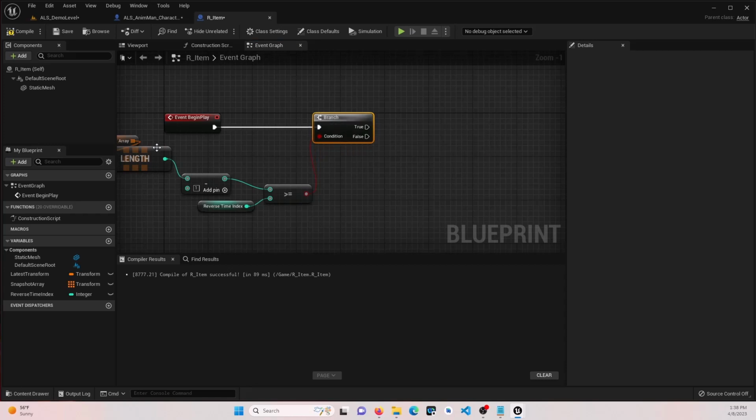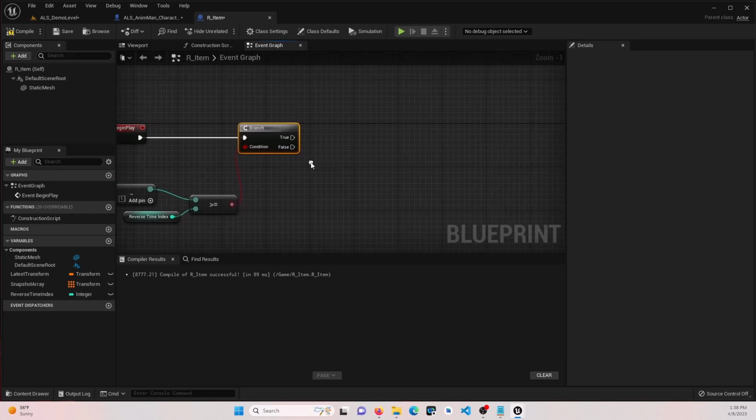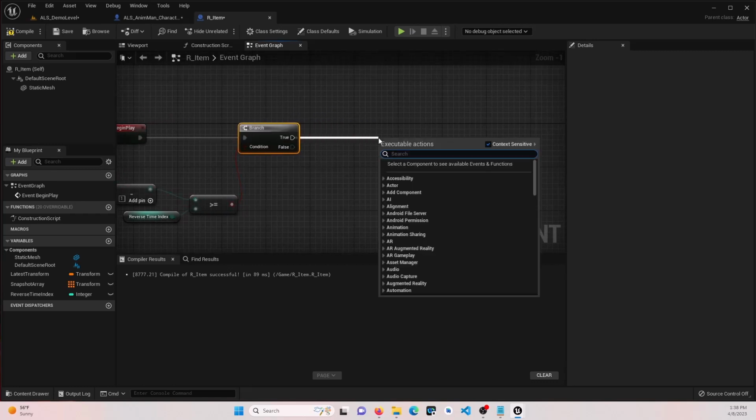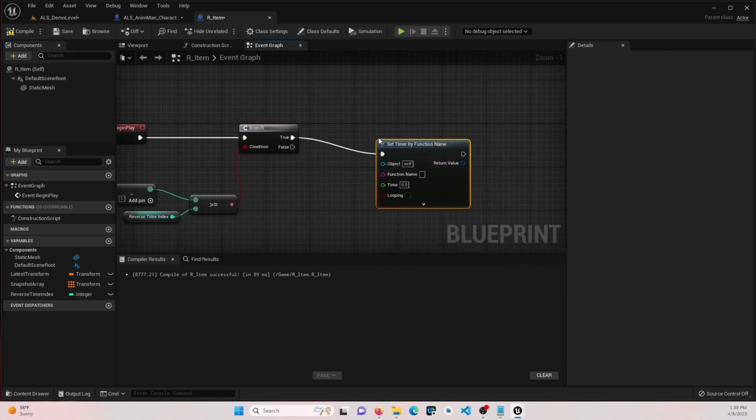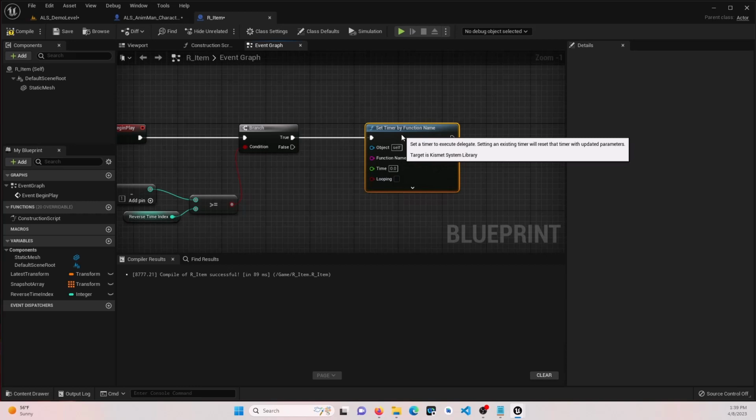Now, if this is true, if we have more transforms in our array that's going to cover the amount of time that we want to travel back to, we're going to come off of here and we're going to say set timer by function name. Right now, we're going to do this in 0.1 intervals and go ahead and mark looping. If this is not true,